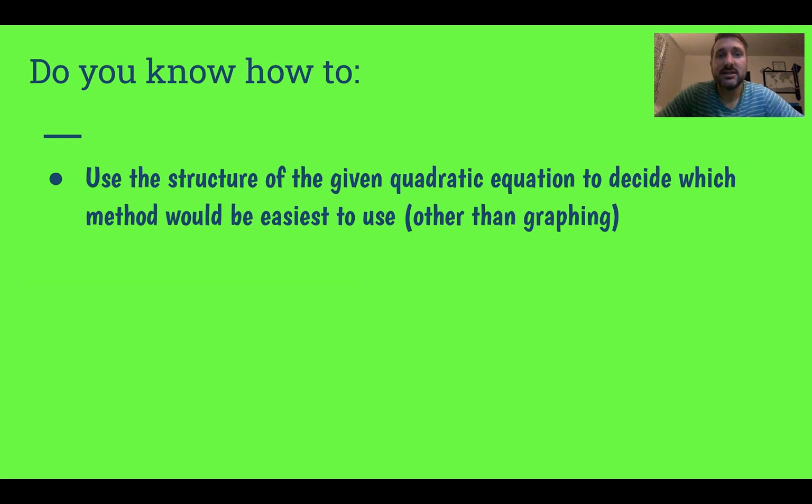So after this lesson, do you now know how to use the structure, so what does the equation look like of the given quadratic, to decide which method would be easiest other than graphing? And that's the end of lesson 6 on solving quadratic equations. Which method